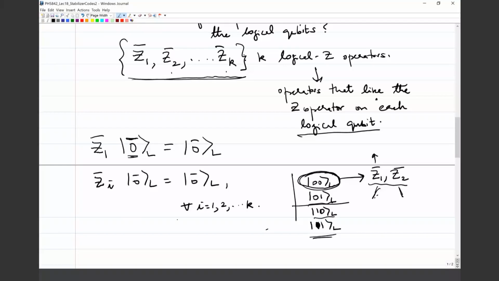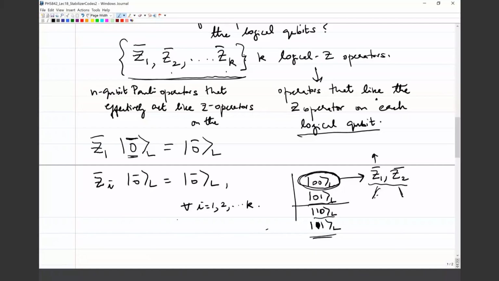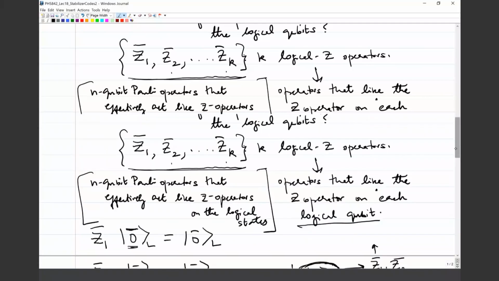Sorry about saying that k. But these are all basically n-qubit Pauli operators, just like your error operators or your stabilizer operators. They're n-qubit Pauli operators that effectively act like Z operators on the logical states. Okay. So maybe let's write some examples and it'll become clear. But let me just complete this discussion of logical states by saying that